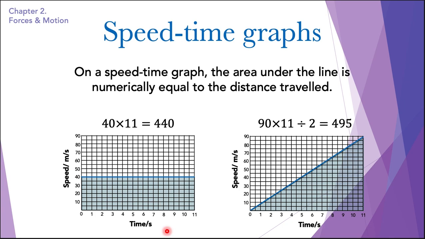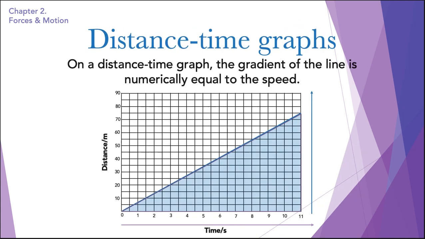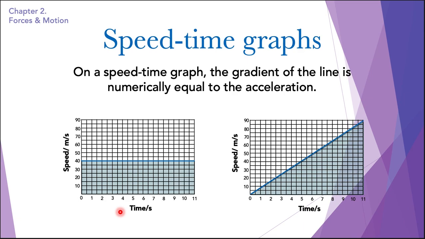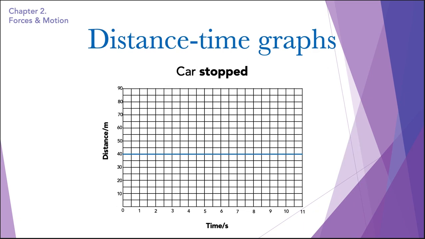So the difference between distance time graphs and speed time graphs, I hope, is very clear now, because they can be a little confusing. For me, they were very confusing in the beginning, but now I've understood, because the shapes are similar to each other but they mean different things. So on a distance time graph, such a shape means that there is a constant speed, that the speed is not increasing at all. And if you want to represent constant speed in speed time graphs, we will make a horizontal graph. And if a horizontal graph is in distance time graphs, this would mean that there is no motion at all, that the car is not moving at all.